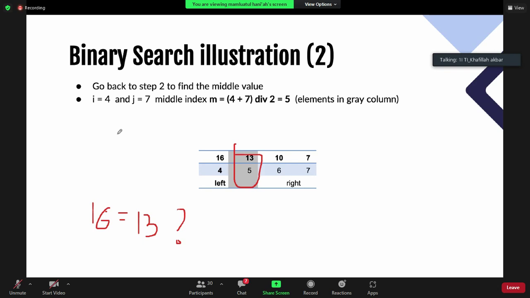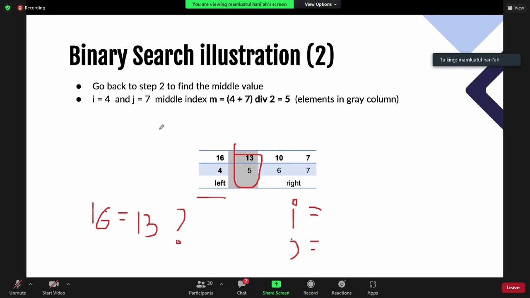Left, because your K is greater than 13. So you have I and J in here.